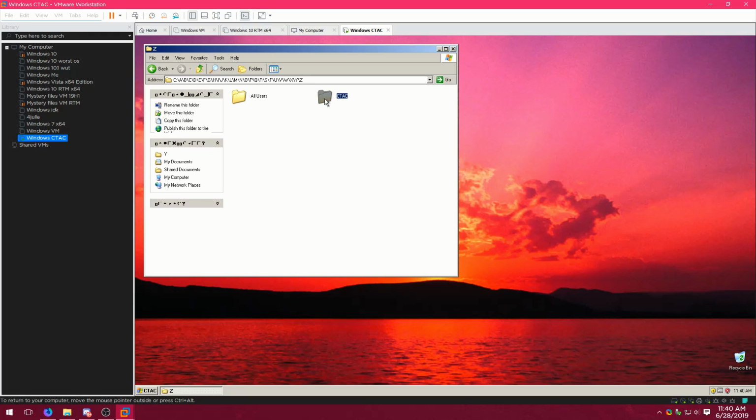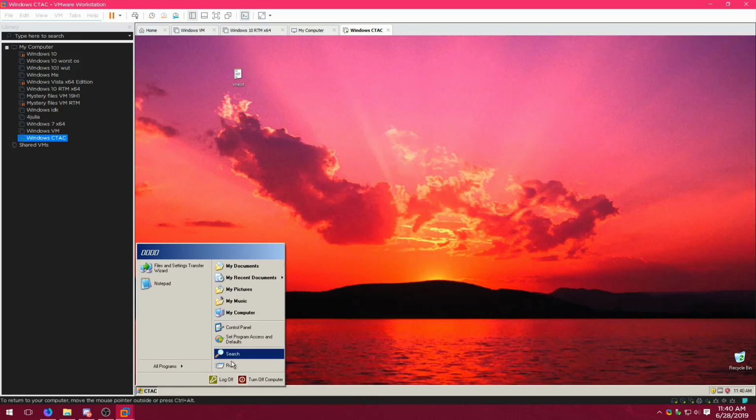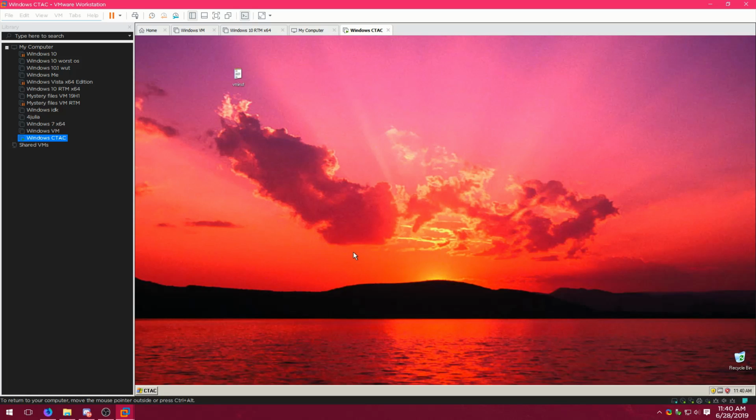Now we have the user. And I guess this is for all users. Gonna have to say, this is very interesting. I've never seen an OS like this modified before. And they changed the say CTAC. I'm trying to see if there's anything else I'm missing. If there's anything else I'm missing, leave a comment and I'll take a look at it in this OS, because this is very interesting.